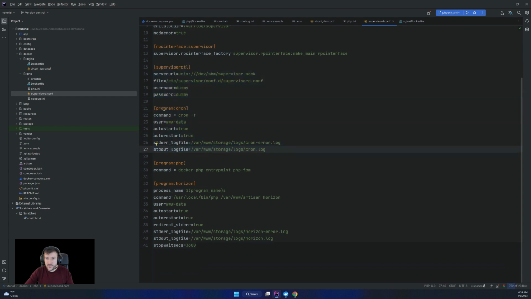So we want to run the cron as user www-data, and Laravel has a queue. We want to run that queue for Laravel as well. So we run it through supervisor. And that's for the supervisor conf.